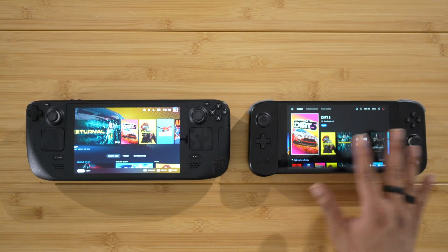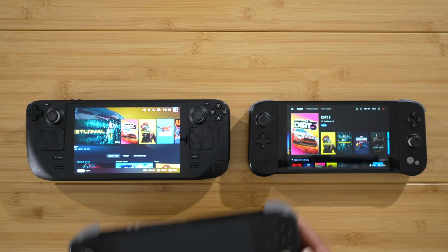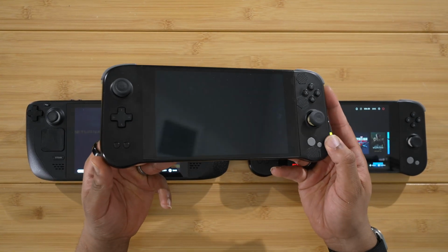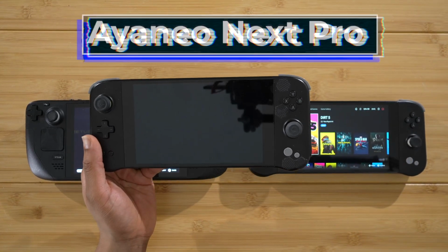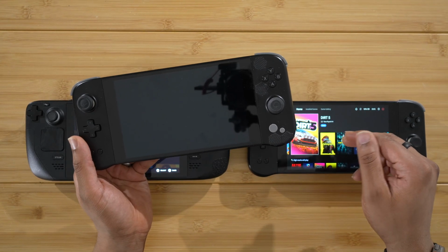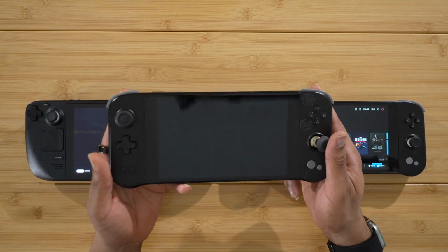This device, the Ayaneo Next Lite, was sent to me by Ayaneo, but I must say, I am not new to the Ayaneo Next lineup. That's right, here I have the Ayaneo Next Pro, which is almost identical to the Ayaneo Next Lite. It's the same body, same size, same screen. The only difference is that the Next Lite actually has an additional USB-C port, and this is the